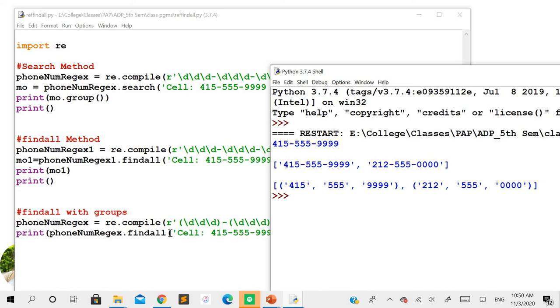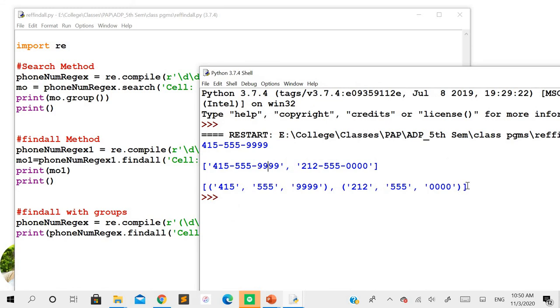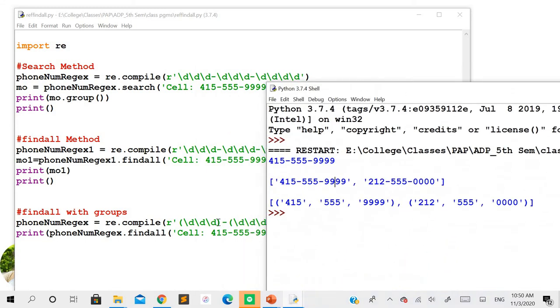One more example here, where we have used grouping with the pattern definition along with find all. In that case, it is going to give you the results with the grouping in the form of tuples in the list. You can see here the find all result is a list, but within the list we have the elements as tuples. And what does each tuple contain? The values that have been grouped with this pattern. All the digit values have been grouped, separated from each other in the form of elements of the tuples. Again, these tuples are the elements of the list here. So this is the difference between the search method, the find all method, and also find all with the grouping concept here.